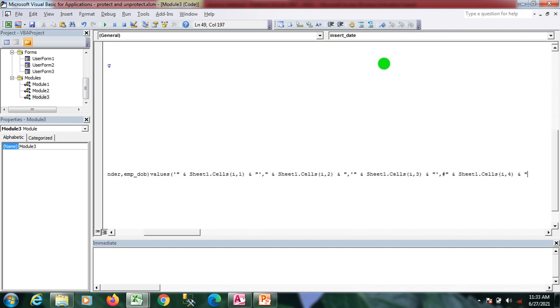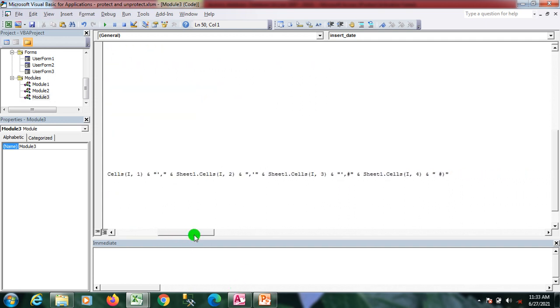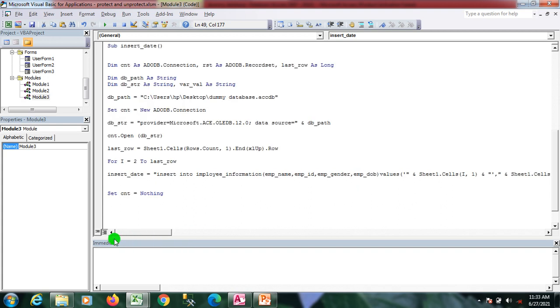All right, I'm closing that here. Now whenever you are inserting a date in Access, you use these symbols in this format, right?